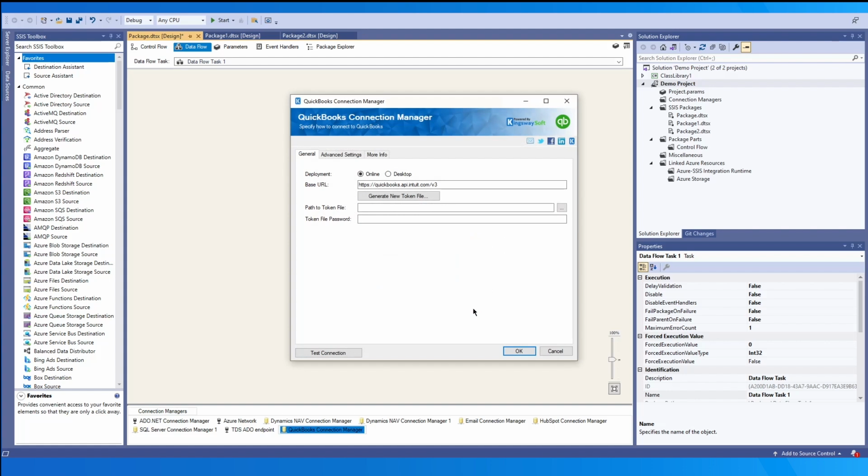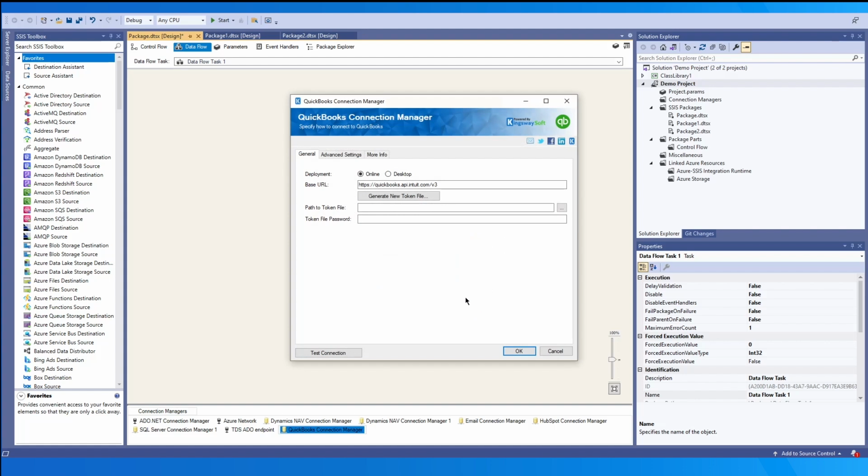First, we will go over the online option. The base URL will already be populated, but this is an editable field if any changes are needed. In a further step, when Sandbox instance is selected, the base URL will automatically change to suit this instance type. If you have an existing token created with our component, you may select the path to the token file using a file system path or Azure Blob Storage Shared Access Signature URL, SAS URL, as we support both options as well as the associated password.